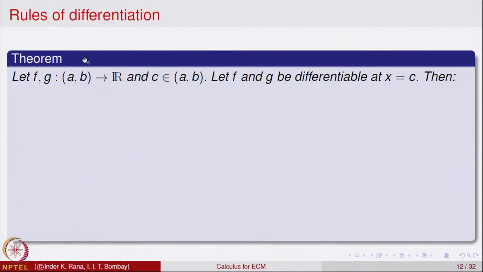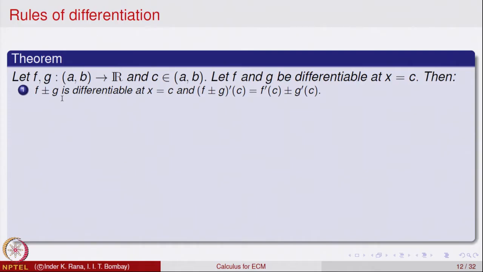This is a theorem. Let us take functions f and g defined in a domain (a, b) taking values in R. So, the domain is an open interval (a, b) and c is a point in the open interval (a, b). Let us say that both the functions f and g are differentiable at the point x equal to c. Then the first claim is that the function f plus g, and also the function f minus g,